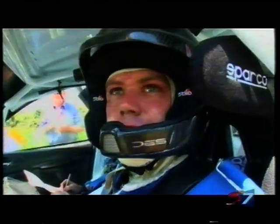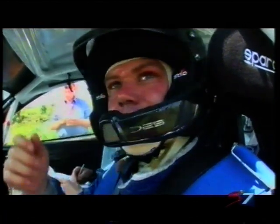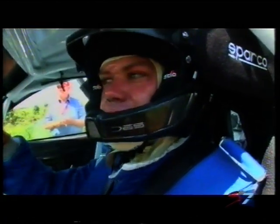We had an overshoot here and we had a reverse and all that, so the radiator got full of grass and the engine temperature's high, so...